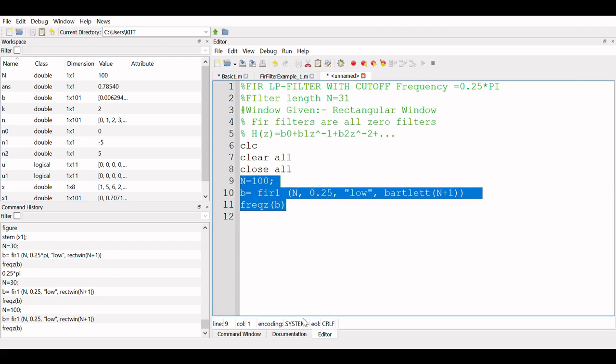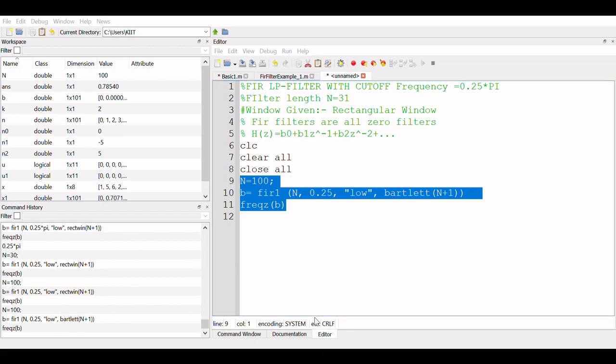If you want to run the whole code, please press F5 or go to this symbol where you can run it. I am using run selection because my code is changing frequently. Now you can see one interesting thing: with the rectangular window we were able to minimize the passband ripple, but there is still a lot of frequency leakage because this spectrum is open, so I don't have a sharp cutoff here. This is the phase response, and we are not much bothered about it; we are more bothered about the frequency or magnitude response, which is very important for us.